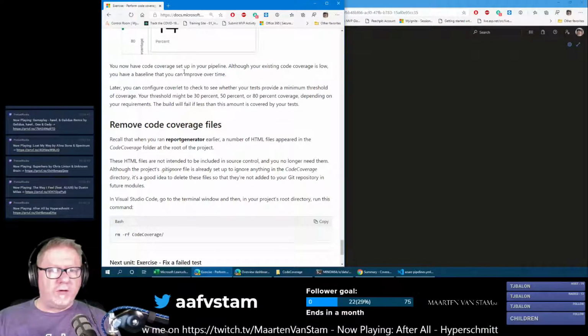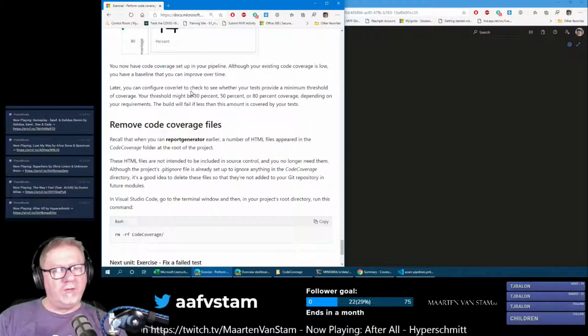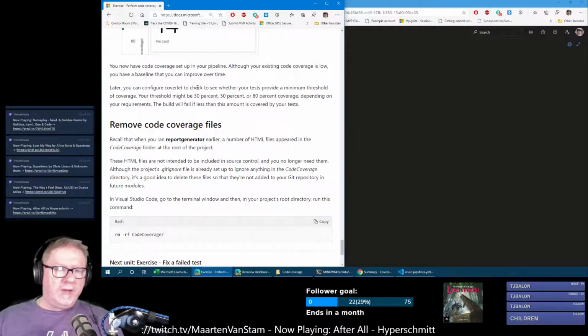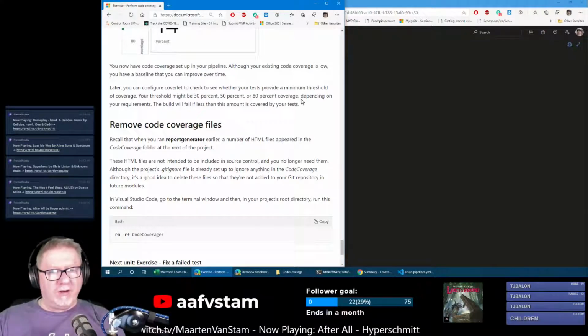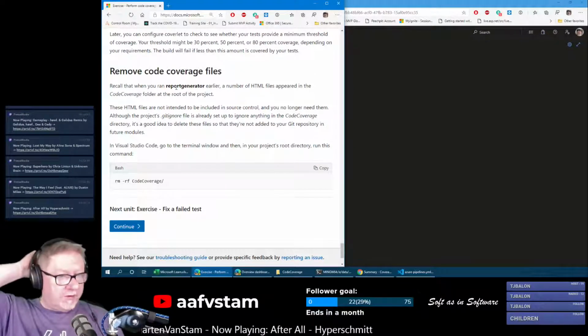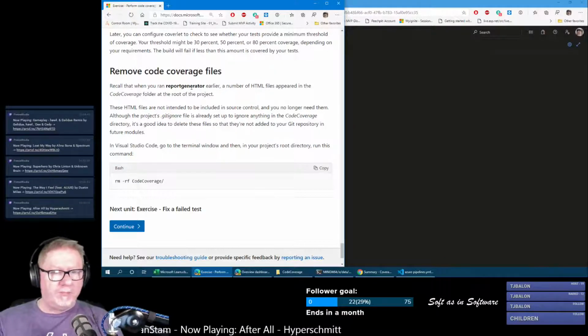You now have code coverage set up. Later you can configure coverlet checks, see whether the test provides a minimum threshold. Threshold might be 30%, 50%, 80%, depending on your requirements. Remove code coverage. Recall that when you ran the report generator earlier, a number of HTML files appeared in the